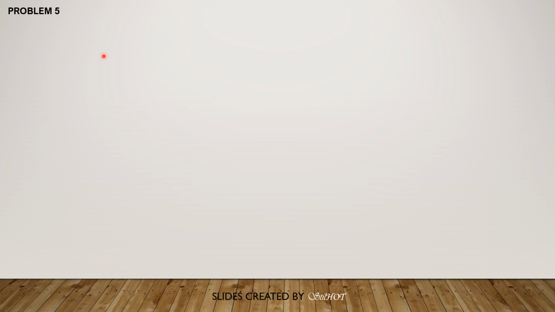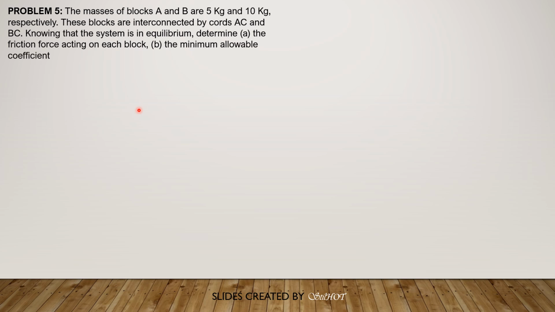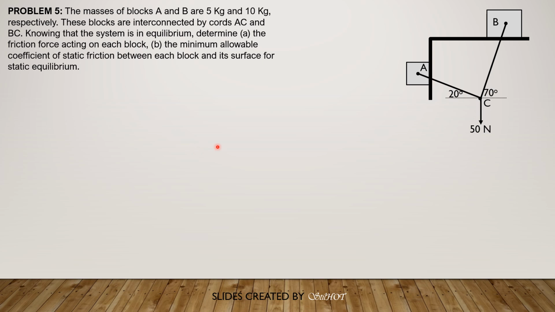So for problem 5, the masses of blocks A and B are 5 kilograms and 10 kilograms respectively. These blocks are interconnected by cords AC and BC. Knowing that the system is in equilibrium, determine part A, the friction force acting on each block. Then B, the minimum allowable coefficient of static friction between each block and its surface for static equilibrium. So here we go. The force in each block, we will call that mu S times NA for block A